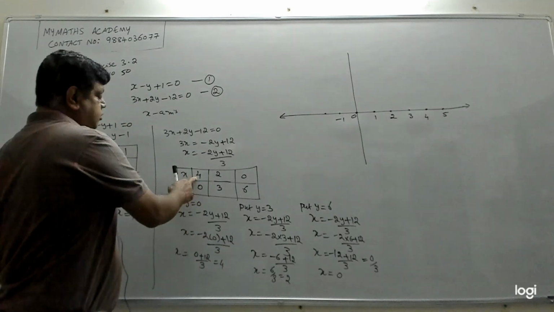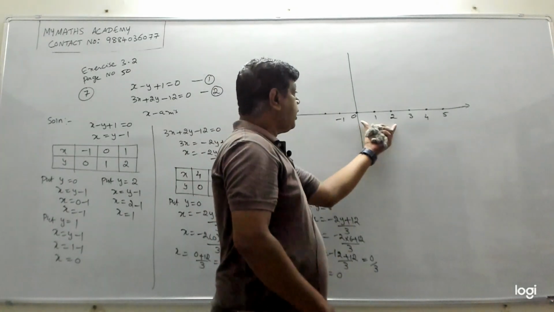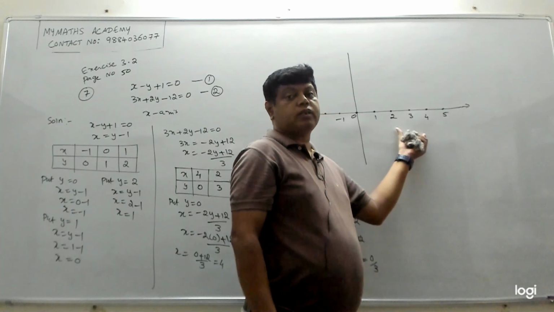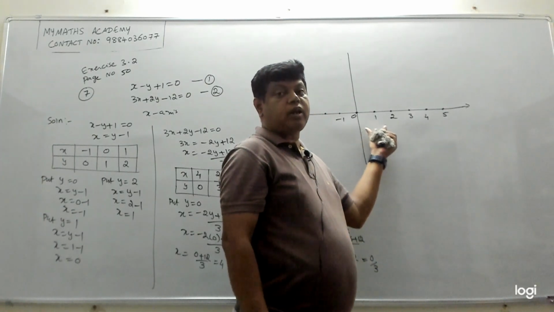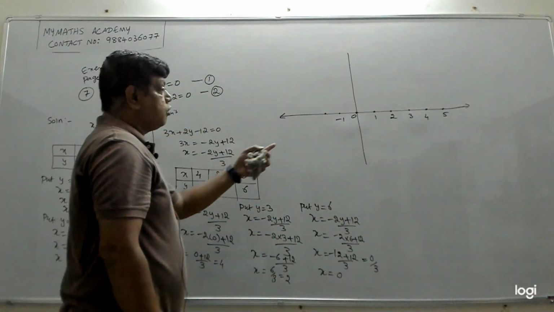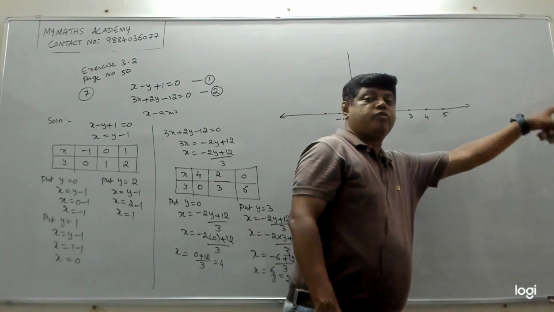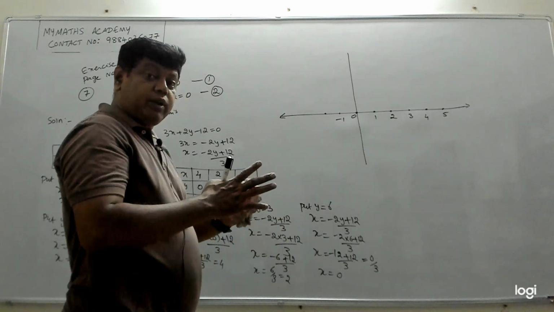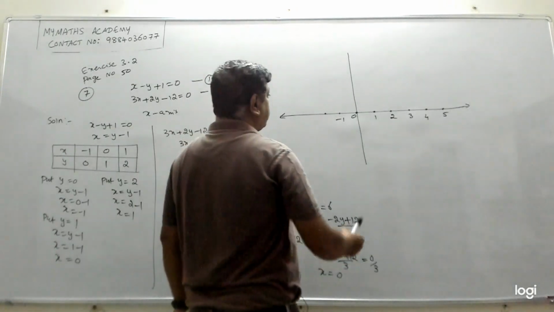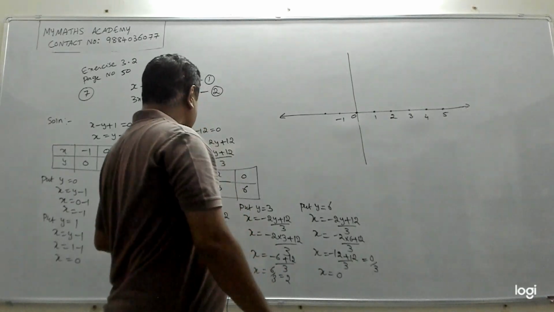Suppose x is 40, then you should take some 5, 10, 15, 20, 25 like this. You have to take the unit as 1 centimeter. That one box in your graph sheet has 5 units. If x is suppose 40, otherwise you will put it as 1, 2, 3, 4. Then you have to write 40 and it may go out of your graph sheet. So in that case we have to increase the scale. You have to call 1 centimeter as 5 units or 10 units depending on what is the value of x.